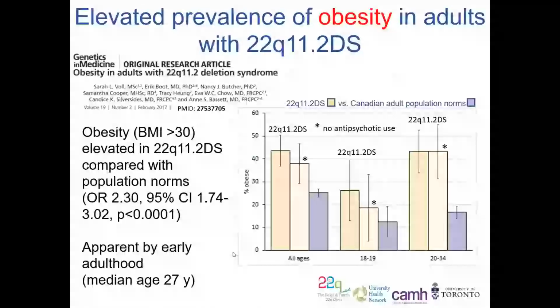There's an elevated prevalence of obesity in adults with 22q, and again, this is even when we account for antipsychotics. This is apparent by early adulthood. So they start out kind of small, and if you see the pediatric population, children with